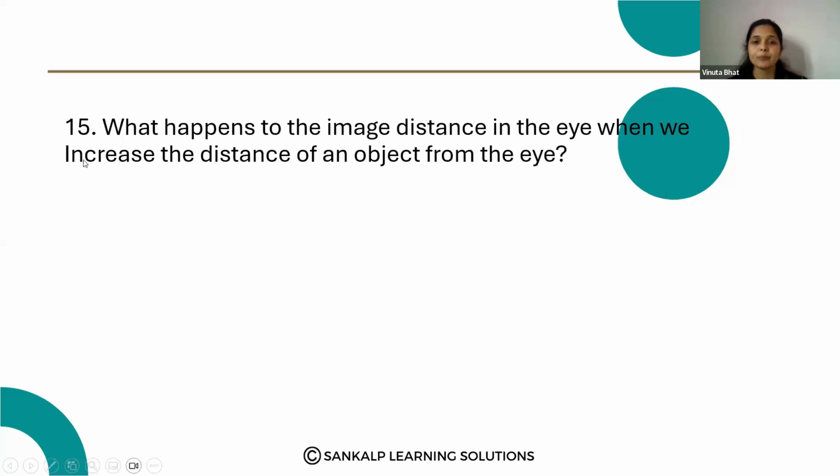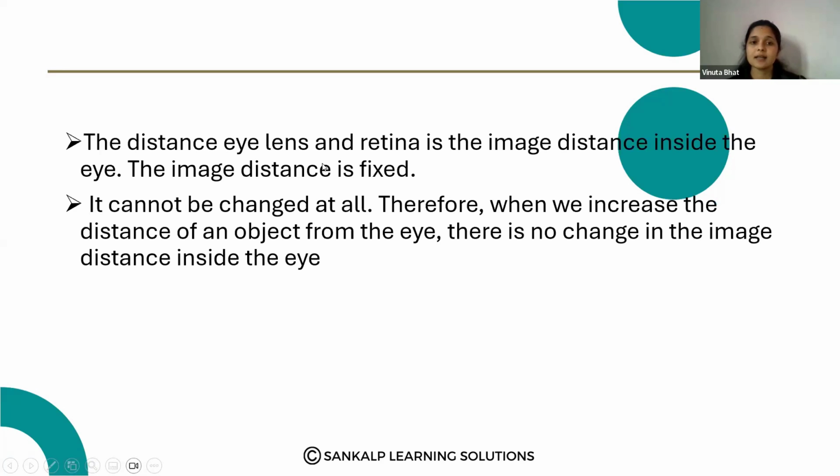Next question. What happens to the image distance in the eye when one increases the distance of an object from the eye? So what happens to the image? The distance between the eye lens and the retina is the image distance inside the eye. The image distance is fixed. It cannot be changed at all, because when we increase the distance of an object from the eye, there is no change in the image distance inside the eye. So,